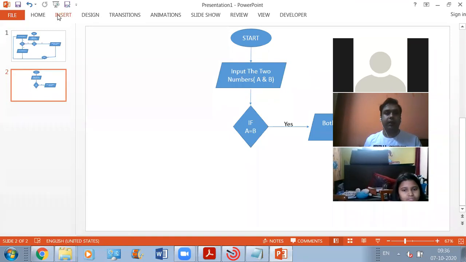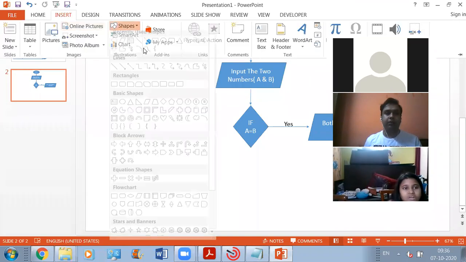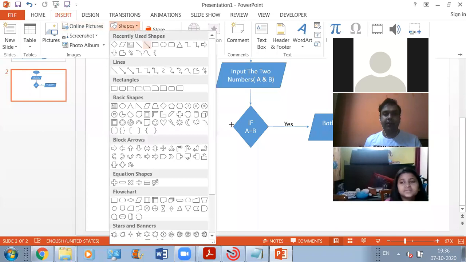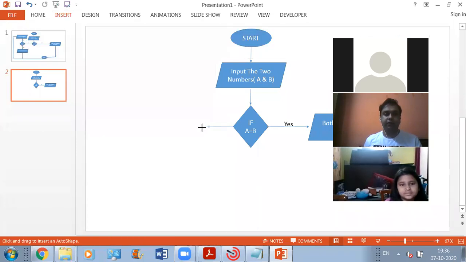So what I'm going to do, let's make use of this direction flow lines first. Here I'm going to define the false part of this condition. If this condition is not true, then what should happen?